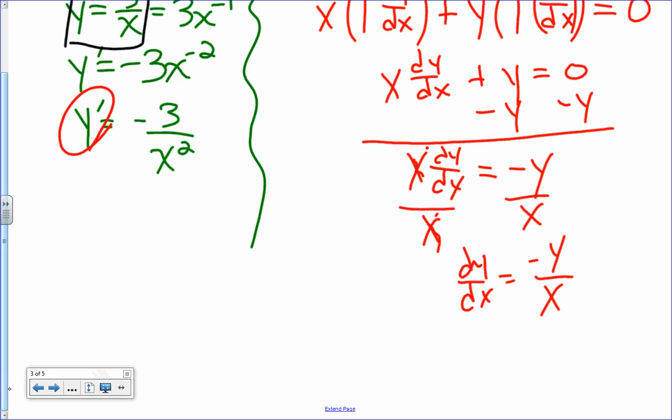So really, if I wrote it this way, I could write it as negative 1 over x times y over 1. Do you agree with that? I could write it that way, right? This one over here. But what is y? Somebody just told me that y in this problem has to be 3 over x, which if I multiply it out is